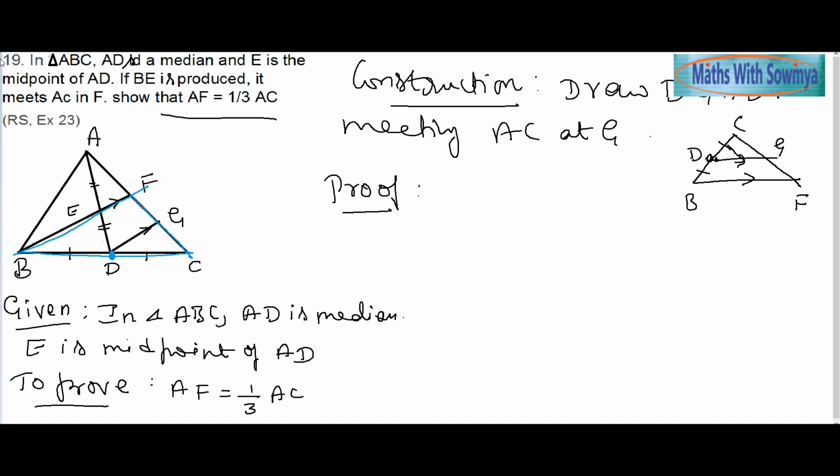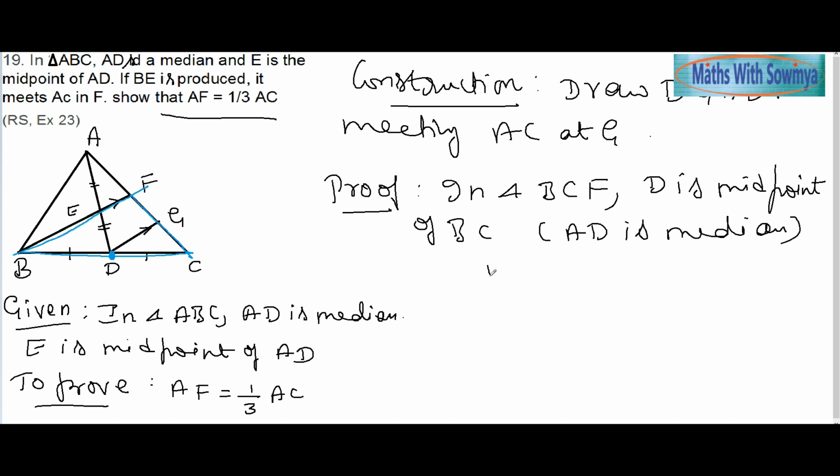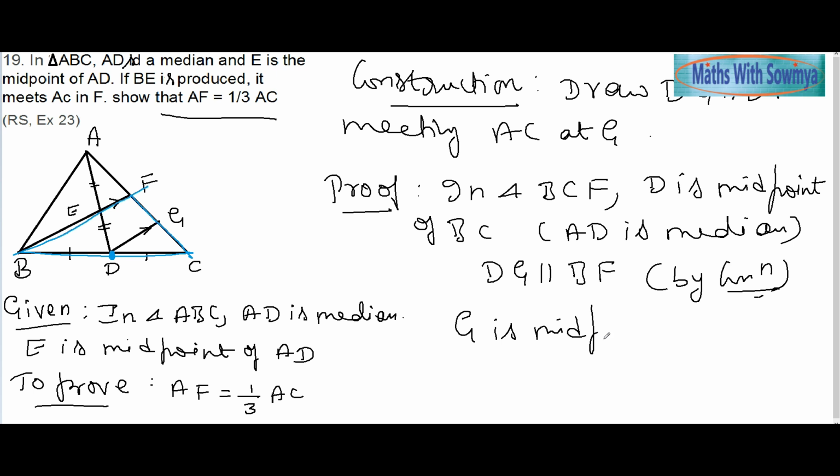If you recall the converse of midpoint theorem: if there is one midpoint on the parallel line, then the other will also be a midpoint. So here I will take triangle BCF. In this triangle, D is the midpoint of BC. The reason is AD is a median, and DG is parallel to BF by construction. So therefore, by converse of midpoint theorem, G is midpoint of